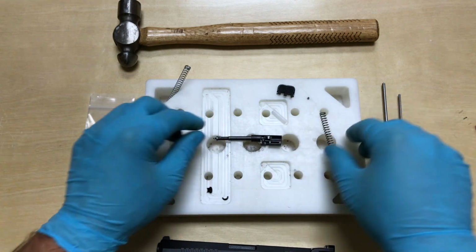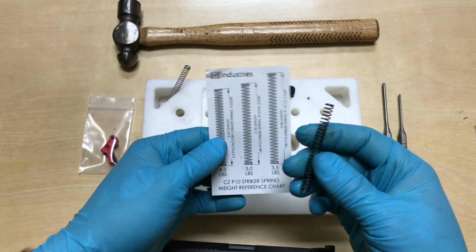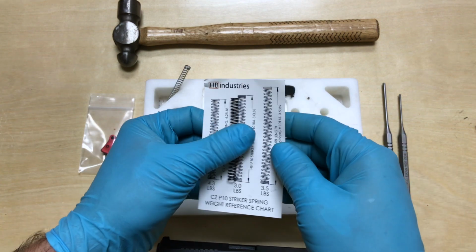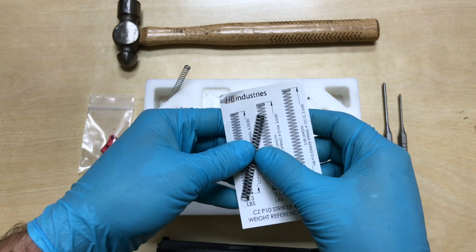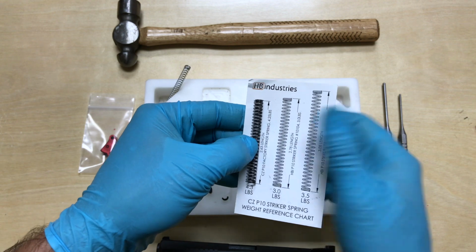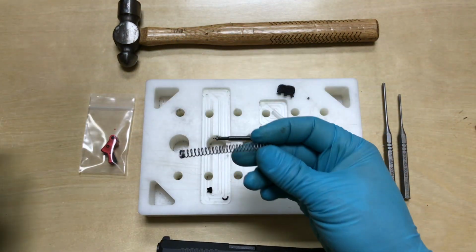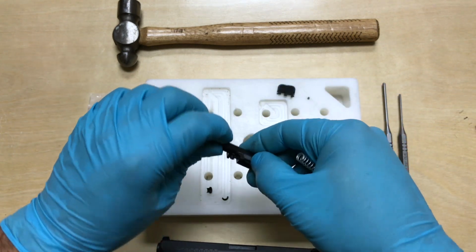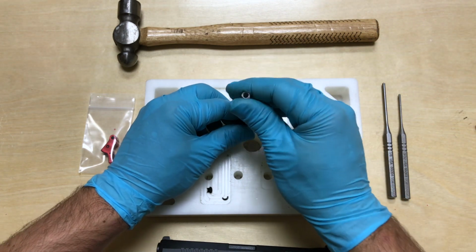To replace our striker spring, again, if we're not sure, just grab your chart again and go by length. So as you maybe roll this across the chart, you can see that it's the 4.3 pound factory spring. So factory spring goes aside. We're going to install our 3 pound spring, use our backer dowel again, put it in the firing pin channel, drop the new spring on,